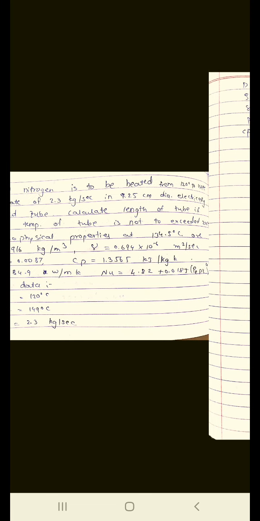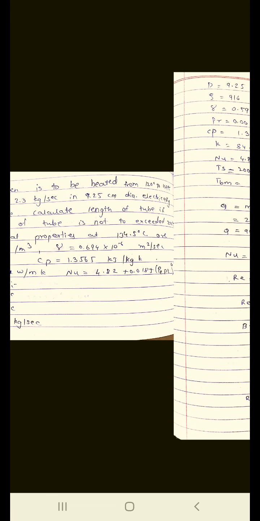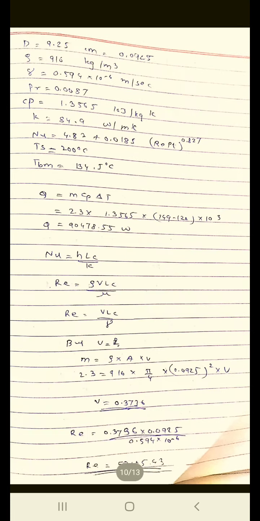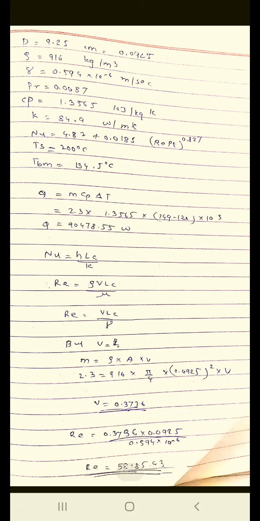Thermophysical properties at 134.5 degrees Celsius are given. All the properties are given: rho, density, nu, viscosity, Prandtl number, and Cp, specific heat. K is 84.9, and the Nusselt number is given by an empirical correlation, Nu is equal to 4.82 plus 0.018 inside the bracket Prandtl into Reynolds. Once we get the given data, mass flow rate, T in, T out, diameter, rho, Prandtl number, Cp, and thermal conductivity K, we use